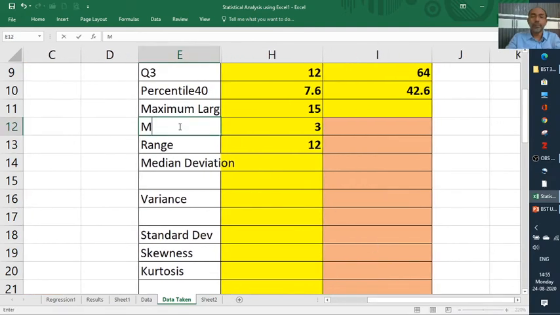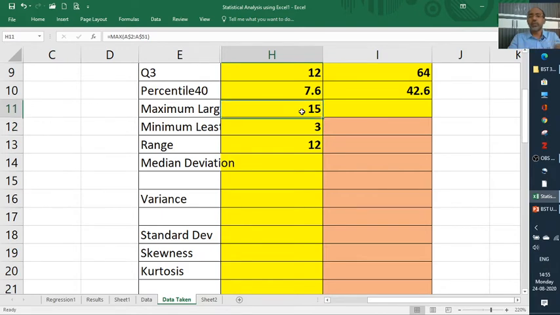Minimum is the least value, largest and least, or you can call it smallest. See, both values are only for variable A, that is marks. We'll calculate the same for the attendance.